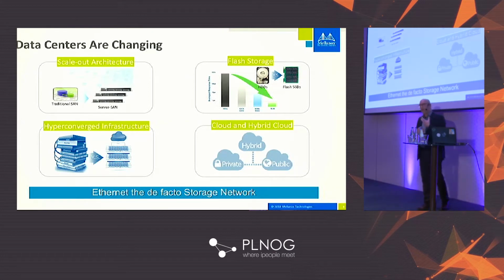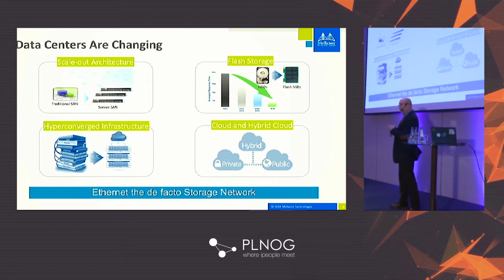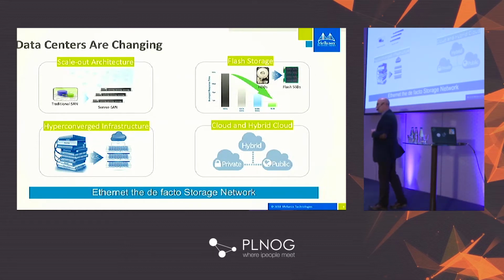We also have now the common trend, not only in the high-end technologies and high-end organizations, that we go from pure blade servers and from the...